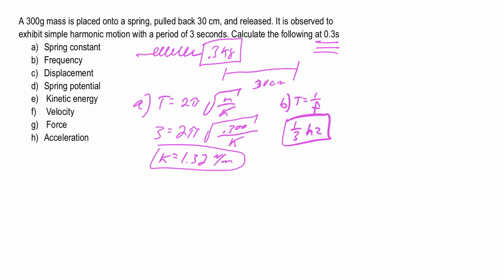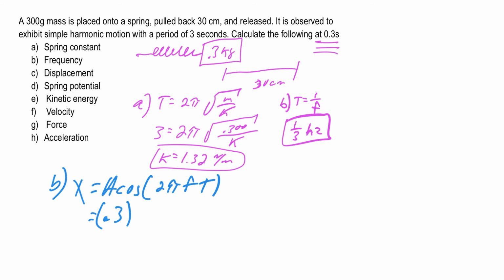So we're going to use this equation right here. And remember, this is the one time of the year where we want to make sure we're in radians mode. This equation is given to you on your formula sheet. Now the amplitude is the 0.3, that's the 30 centimeters right here. And then we'll go cosine of 2 pi, and then the frequency we just calculated, 1/3. And then the time is the time they want, so the time is 0.3 seconds. All right, so go ahead and plug that in. Make sure you're in radians mode, and you get